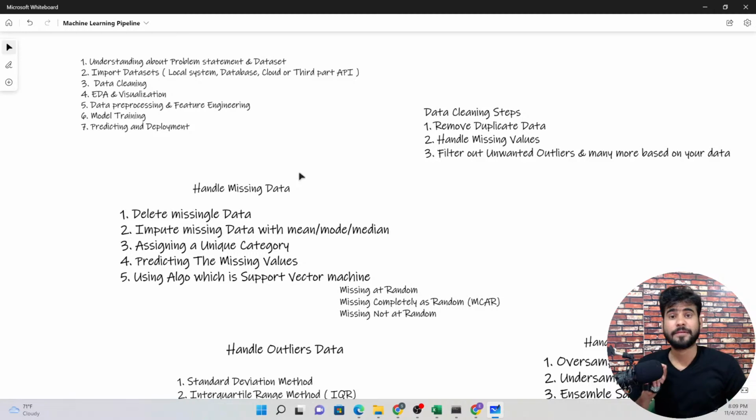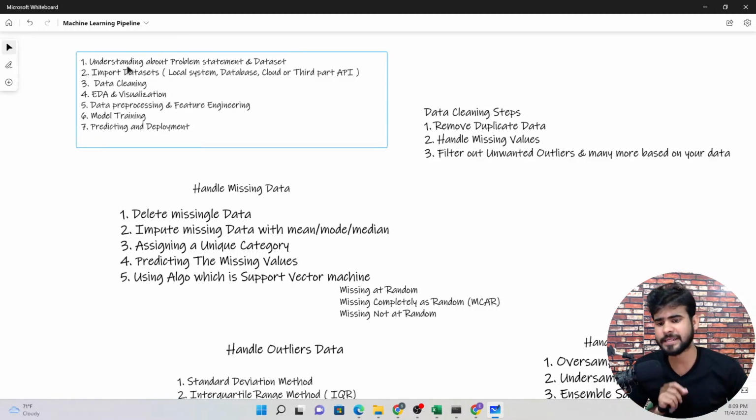So first we are getting the data from our client. After that, what can we do? We can understand the problem statement. What is our problem statement? Because based on the problem statement we can do the analysis, so that we can get some insights from our data, and based on the insights we can apply feature engineering and modeling. Now after understanding the problem statement, we can import all the necessary libraries. But before this, from where are we getting the data? We will get the data from a local system like CSV or Excel format, a database, any cloud platform, or a third party API. It depends on your client. So these are the formats in which we can get the data.